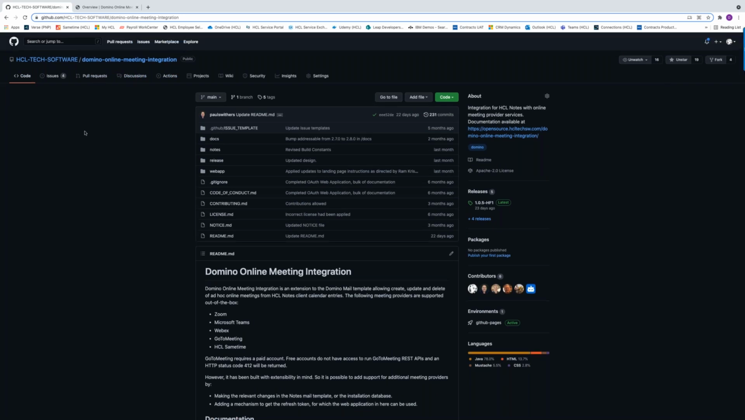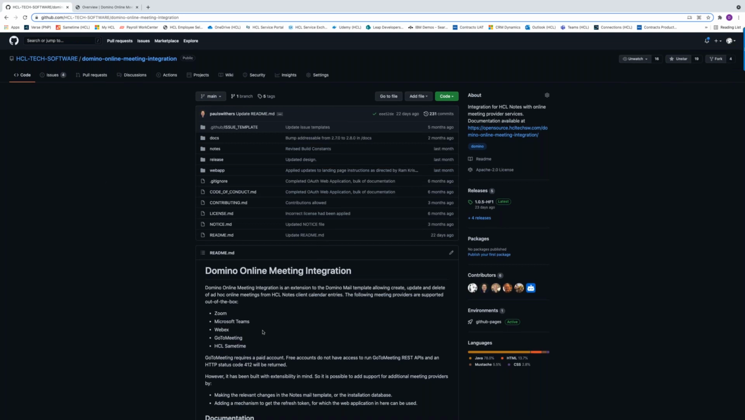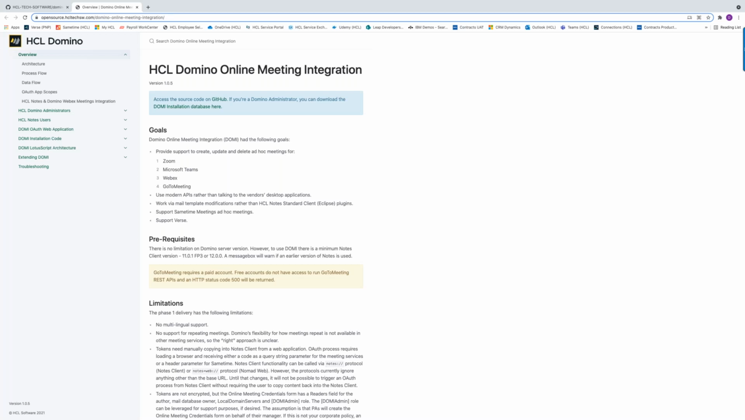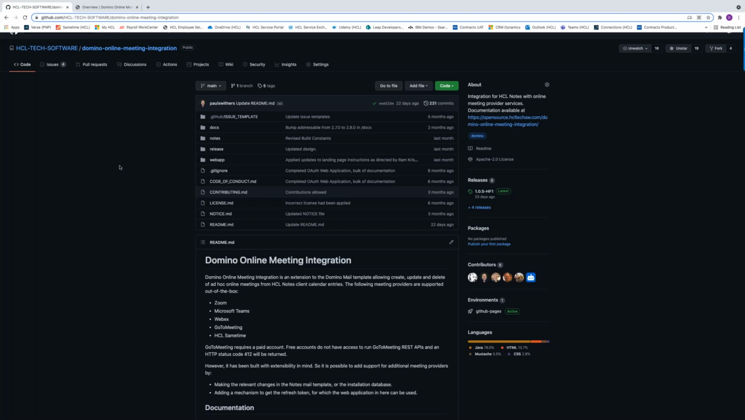This is the GitHub site. Here's the documentation site for it. It's all there. The web app. So we talked about the web app. It's here, and it is so you can actually see the source code that we are using for the real HCL Labs web app, which is